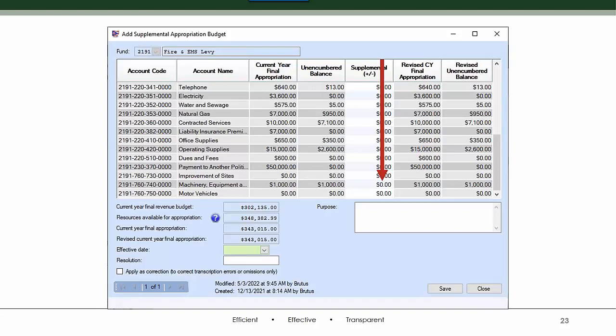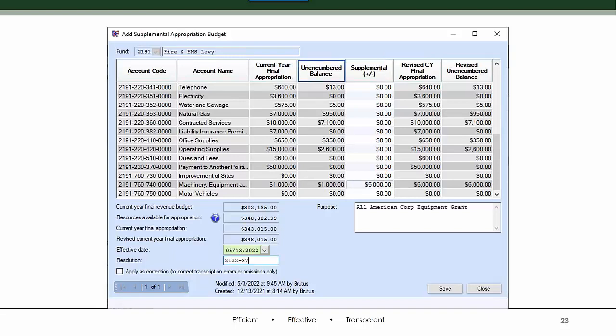So like I said, when I know we have committed to a project, a matching share, I can go ahead and include the matching share in my permanent appropriations. And then if we don't get the grant, we can move it somewhere else. If we do get the grant, the matching share is where it needs to be. And in this case, I already knew it was going to run through the fire fund.